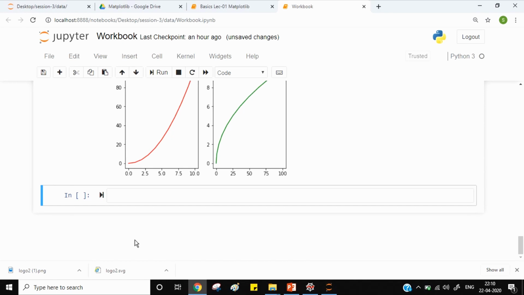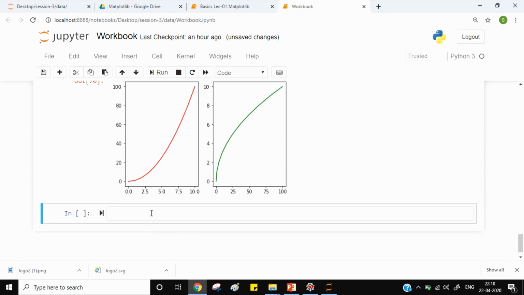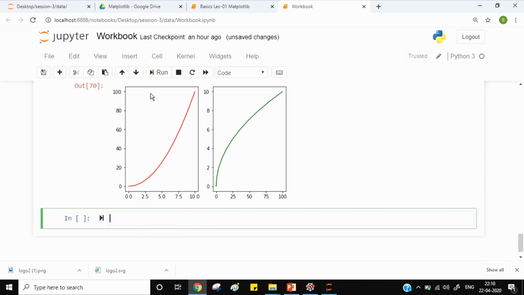After seeing subplots, you can also decide the size of the canvas. For that you use figsize, say fig, axis equal to plt.subplots, and I will use the figsize attribute, in which I will pass the width and height of the canvas which I want.